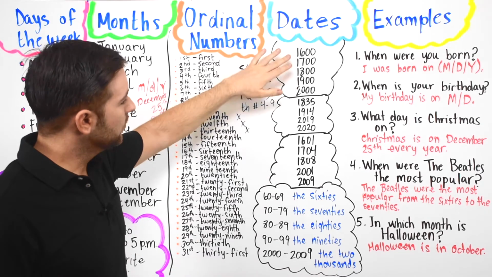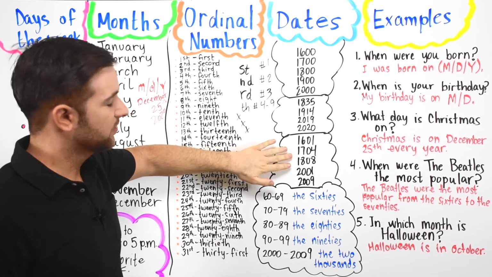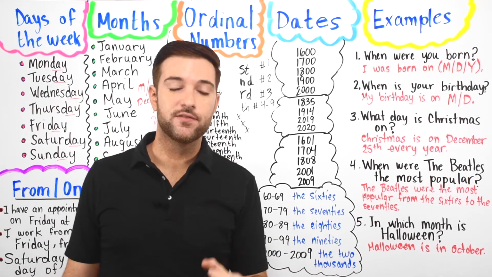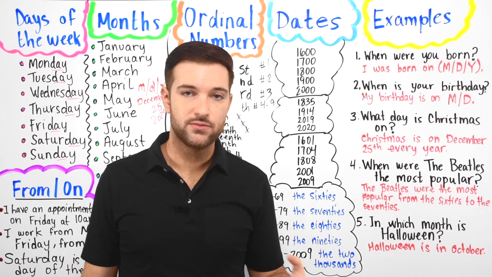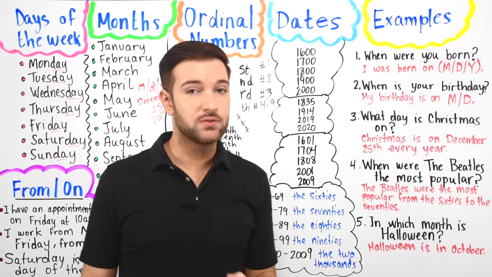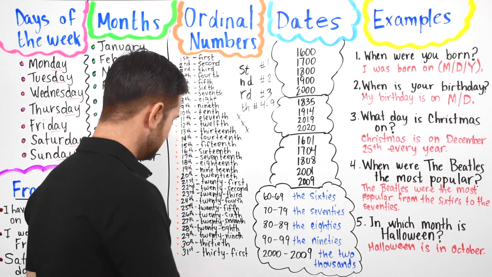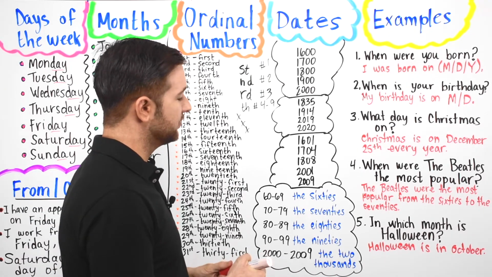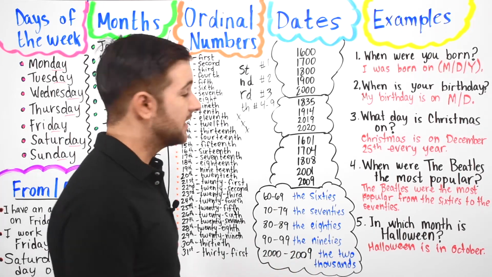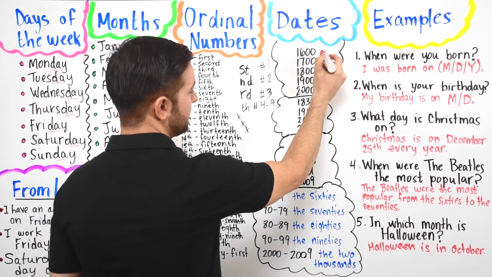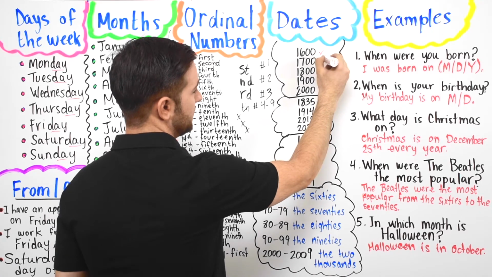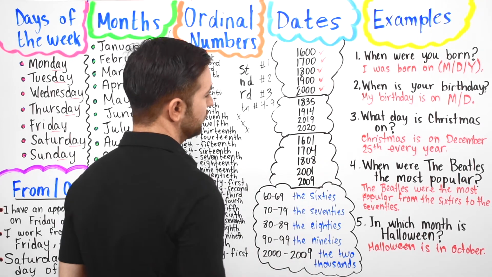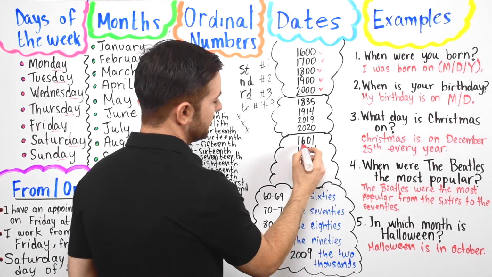Let's go ahead and move down to the next category. It's a little bit different, okay? When we're talking about the first 9 years of a new century, you have to pronounce it like this. You know what a century is. So this is a century, the 1600s, this is a century, this is a century, this is a century, and this is a century. You have to say